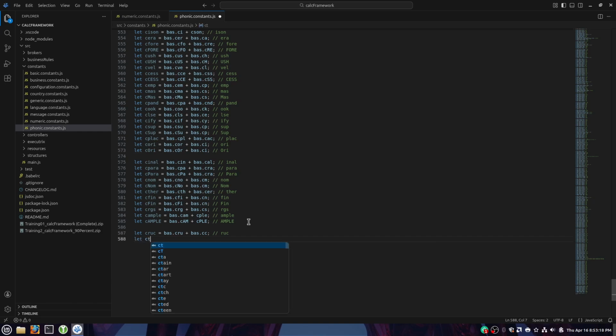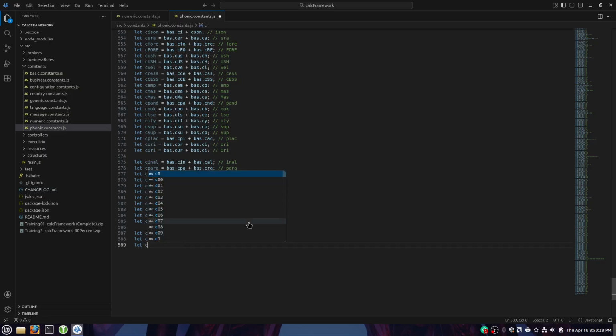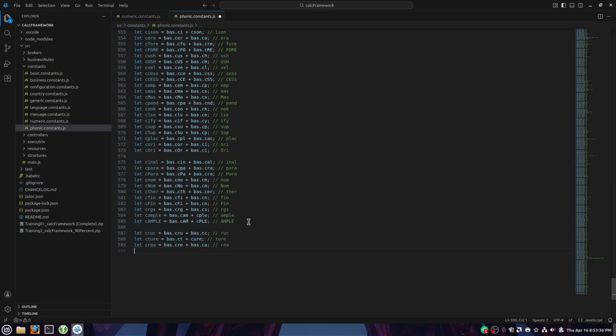Let CTURE equals bas.ct plus CRE. Okay, let CREA equals bs.cre plus bs.ca. REA. Now, we need that one in all uppercase. Well, actually, we need a first letter uppercase as well. So let CREA equals bs.cre plus bs.ca. REA and all uppercase. Let CREA equals bas.cre plus